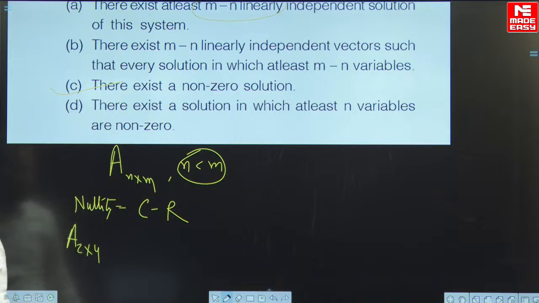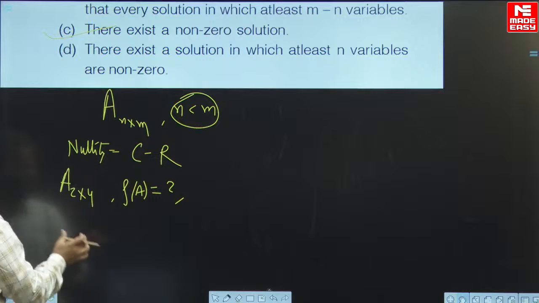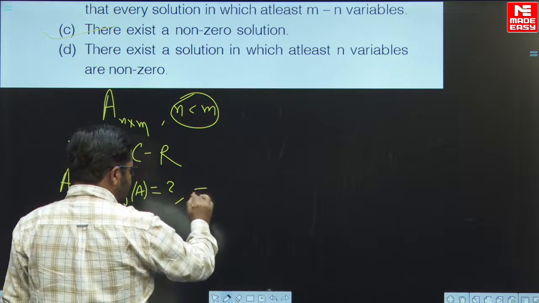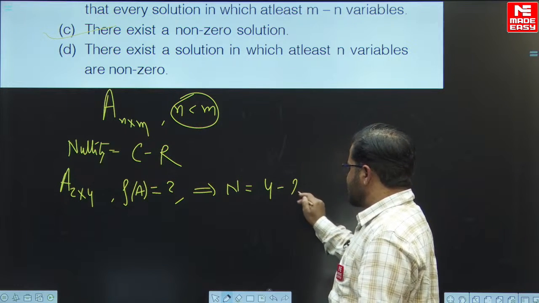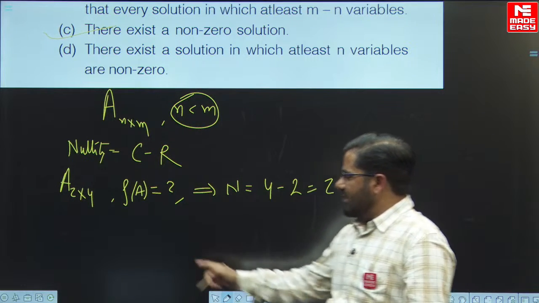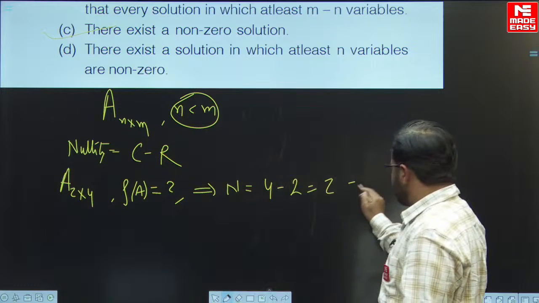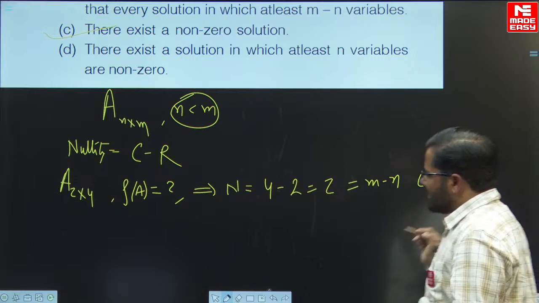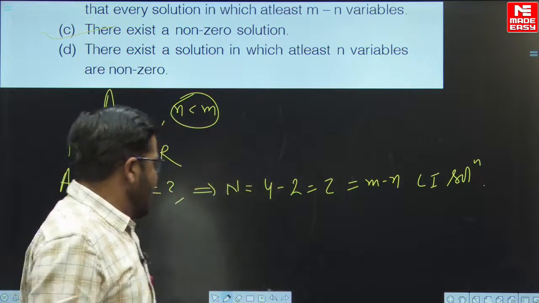column minus rank is known as nullity. If we take a matrix of order 2 cross 4 such that rank of A equals to 2। ऑप्शन से क्रॉस चेक कर लेंगे, we are taking matrix A of order 2 cross 4 where rank of A equals to 2, then nullity in this situation, nullity equals to number of column minus rank which is equals to 2, and this is m, this is n, so m minus n is also equals to 2, so it is m minus n linearly independent solution, because nullity is nothing but the number of linearly independent solution of your homogeneous system। एक ऑप्शन तो ये रहा।